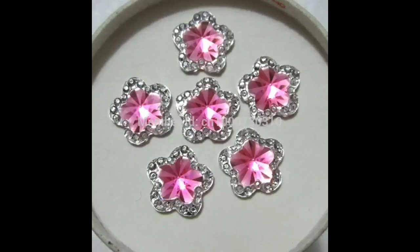Then we have 60 pieces of resin flowers in this lovely pink, £1.59, pink and silver. Always looks lovely together, and you have your